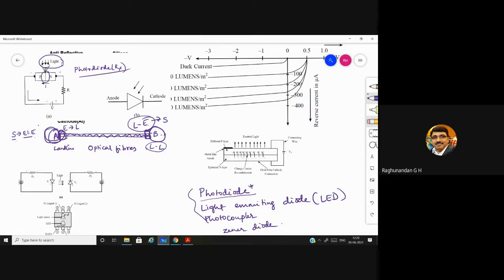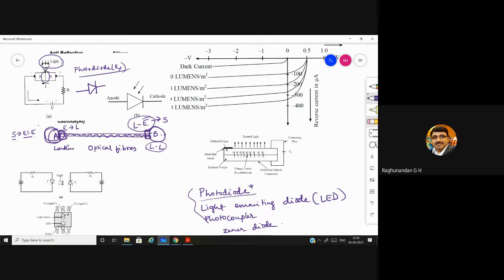Okay, this is the working of this. So the symbol for a photodiode is this one. If you write it simply like this, it is a normal diode. If you show the inward arrow mark, then it is a photodiode. This is the symbol for a photodiode. You should show this arrow mark. This arrow mark shows that it is a photodiode where the light is falling on the device.